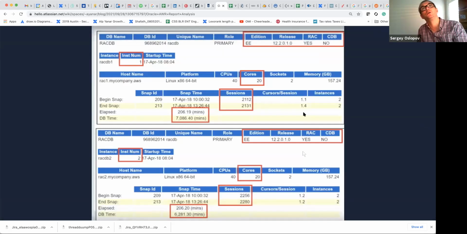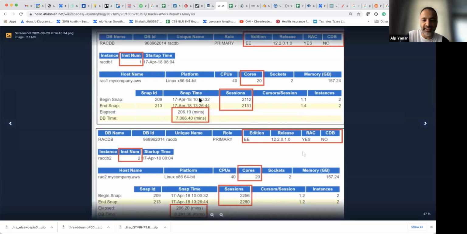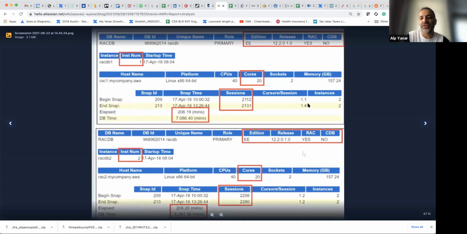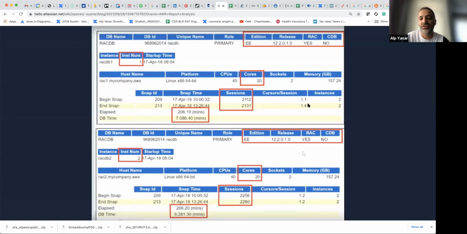But like we said, cursors and sessions, what would be indicative? What would we see if there's a connection leak? Will the sessions go up, or what's going to happen? Yeah, for example, here we see that it is always less than 2, and then at 10 a.m. it was 1.1. This is an average, just the calculation, and 3.5 hours later, it was still the same. It means that we don't see anything in these 3 hours,